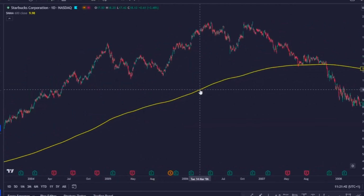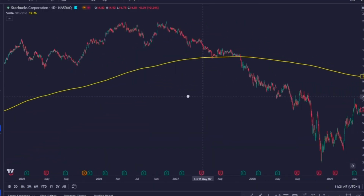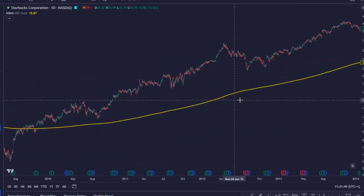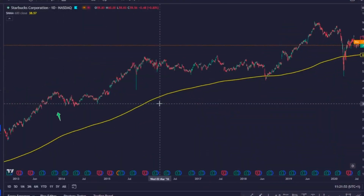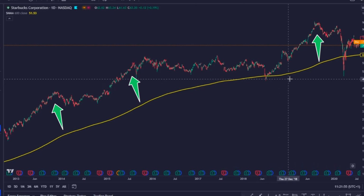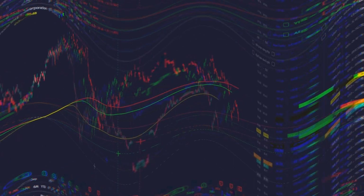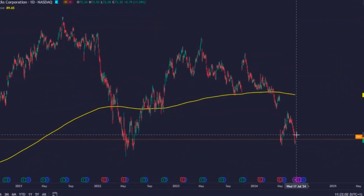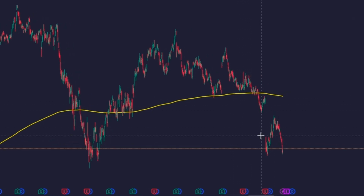This yellow line you see is a 600 period smoothed moving average, which is an indicator I like to use to analyze if technically a stock is stable or not. As the price is almost always above this baseline, we can conclude that this stock is indeed stable and with a growing potential. At the moment, Starbucks price is below the 600 smoothed moving average, which is very unusual,